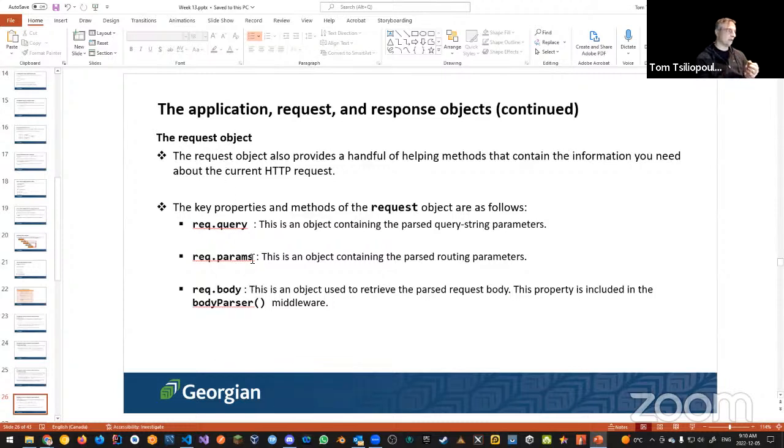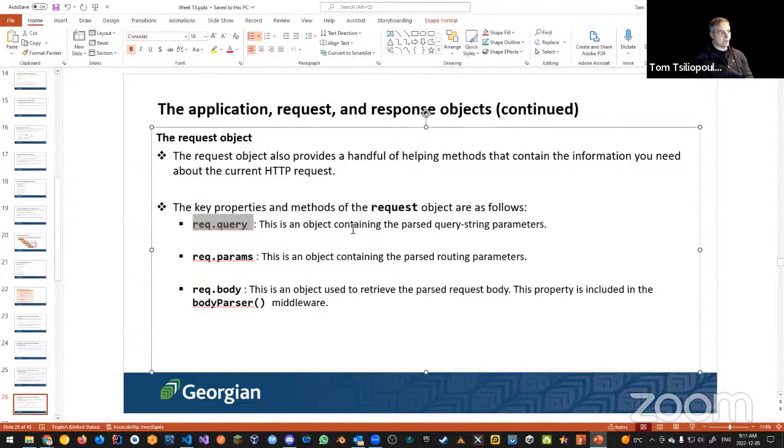The request object, you can do request query, which is an object containing the parsed query string. So if I put any kind of question mark in my query on the URL, if a user does that, or let's say, for example, your form passes information back to the server, and at the top you're using a GET request, and the GET request is going to show you the stuff on the URL. That is your request query. I can use a request query to get the object containing all those parsed query string parameters, and I can take those parameters and convert them into variables.